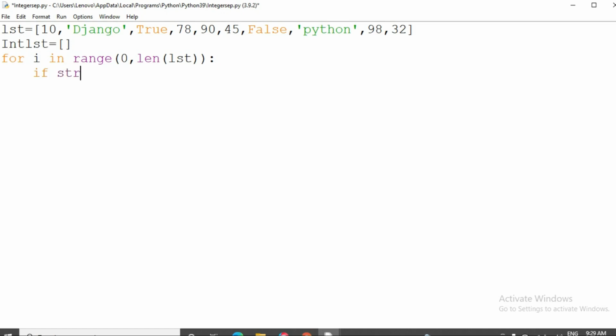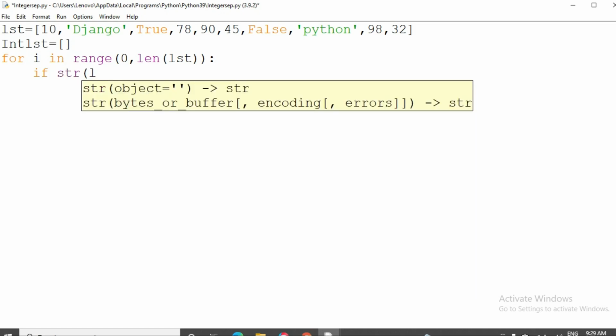Then if str of lst of i, if lst of i is converted into a string, then I am going to check, because I want to display the integer elements only.